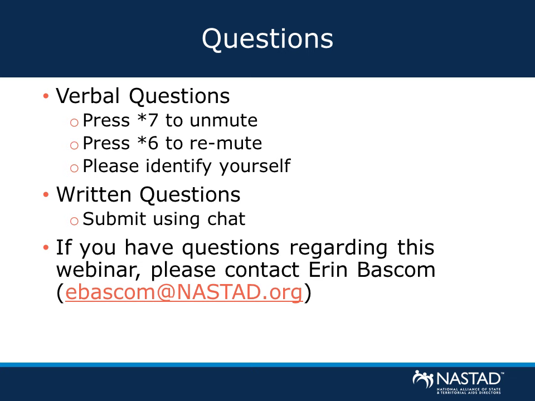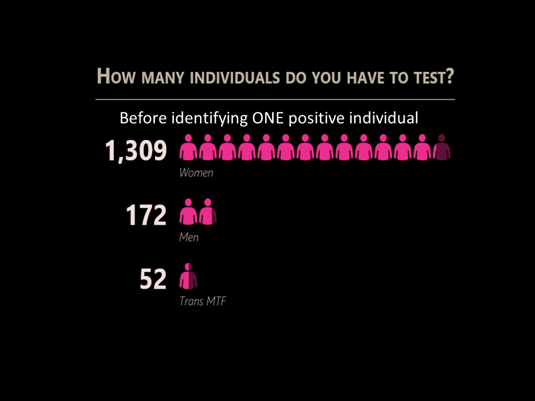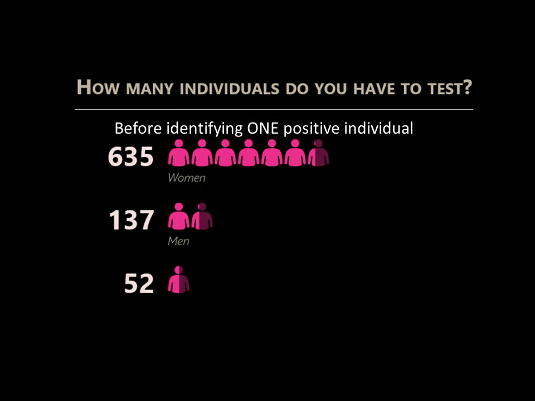For our state testing, which includes all of our PDH-sponsored programs, our clinical or non-clinical sites, it was a little over 1,300 tests out of about 78,000 tests. And for just our community providers, they collectively had to test 635 men before identifying one positive. Okay. One positive individual who is a man or male. Okay. Did that answer that?